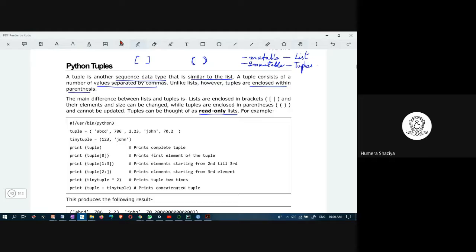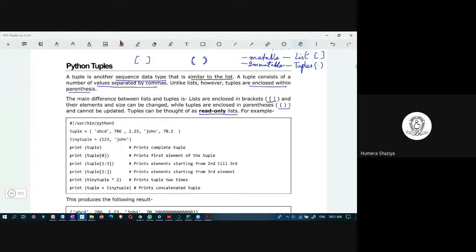This is the main difference. Essentially, you can call its representation also the difference. Lists are enclosed within square brackets and tuples are enclosed within parentheses. This is also one difference in the form of its representation. However, having said that, the primary property of list is that it is mutable, whereas tuple is immutable, which is read only. It is like constant.